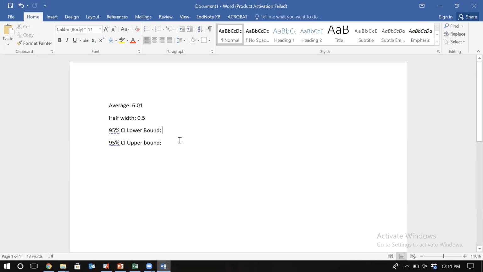To construct the lower bound, we have average minus half width, which is 5.41. And for the upper bound, we have average plus half width, and this is going to be 6.61. On average, for technical calls that are related to product 3, we have had about 6 of them in